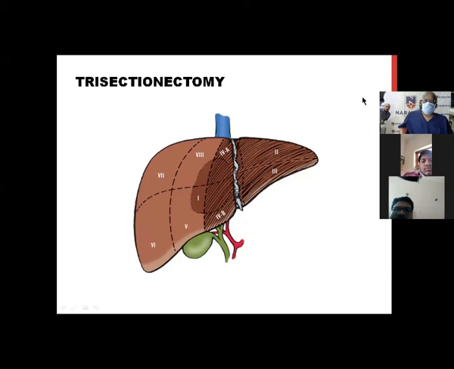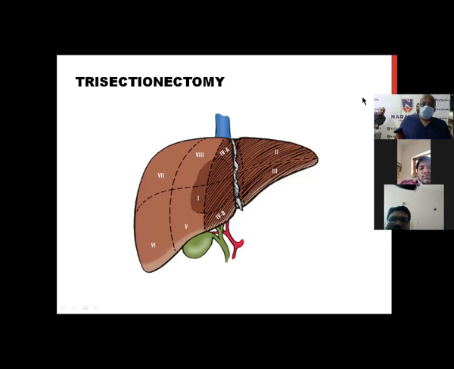Tomorrow, hepatocellular carcinoma, right? Yes. Someone do it, someone. Some of you come online, but